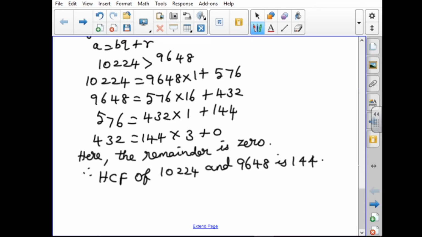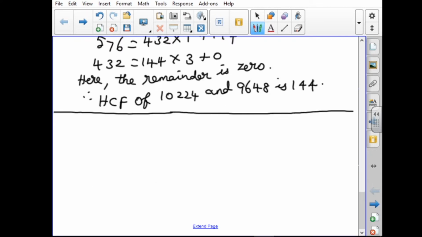Okay, listen once again. You have to see here, the division algorithm is step 1 according to the lemma A equal to BQ plus R. See here, the divisor is coming to here, the remainder is coming to here. Like this, the divisor is coming to the dividend and the remainder is coming to the divisor. We have to get 0, and in the same step, the divisor is the HCF. Okay, the third one over.